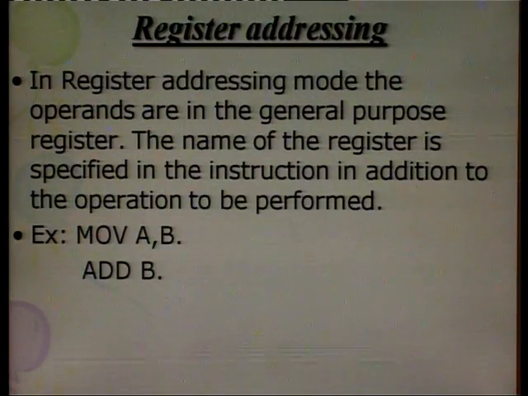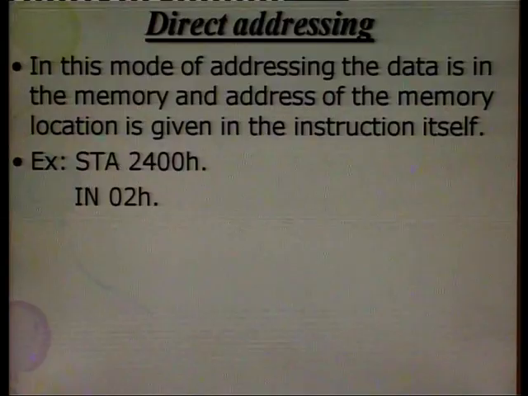ADD B means add the contents of register B into register A and store the result in register A. Here also we haven't mentioned the actual data, but we have mentioned the name of the register in which the data is stored, that is register B, and register A is implicit, because in an arithmetic instruction one data has to be in the accumulator, and after the operation the result is stored in the accumulator itself. Now, in the first two cases, that is immediate addressing and register addressing,